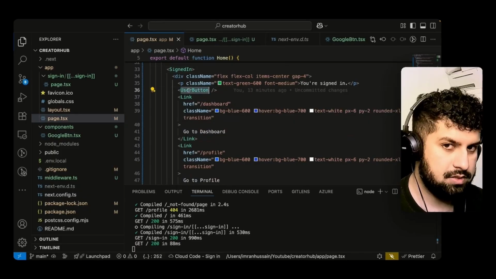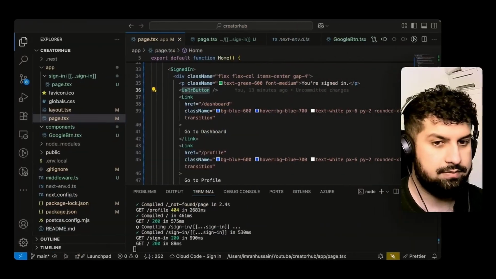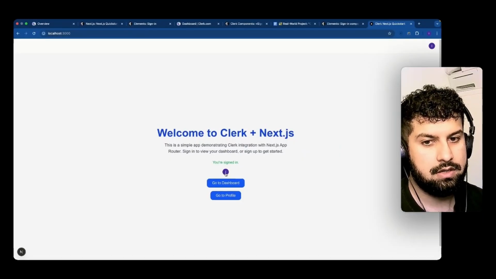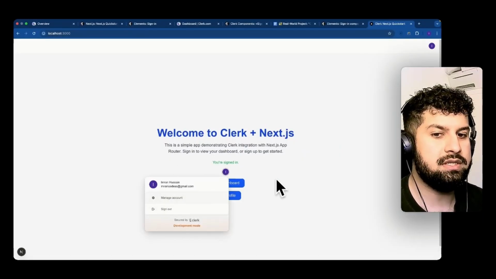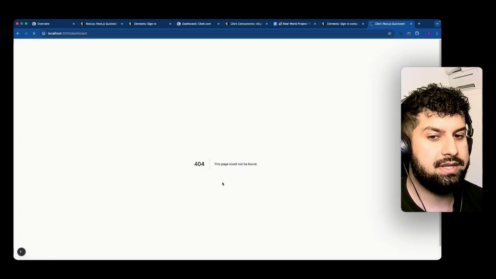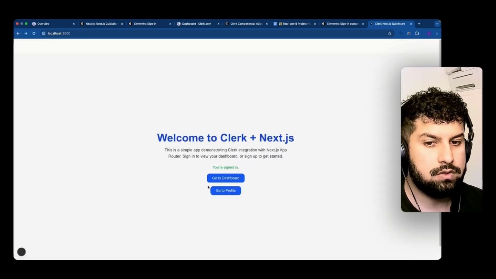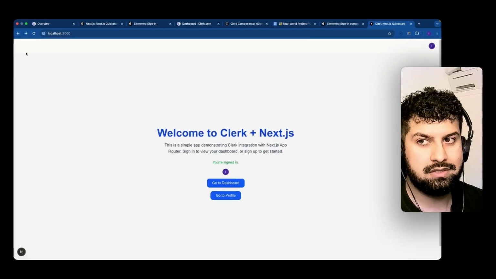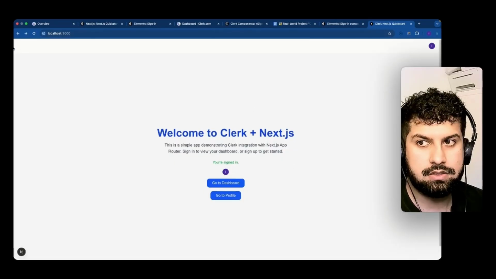We are using the user button from Clerk. So let me go into that, which is this one over here and this one on the right as well. We can click here and do what we need to do as well. If we click go to the dashboard, we don't have that page, and we also don't have the go to profile page. But before all of that, what I want to do is create the navbar over here at the top, and we will